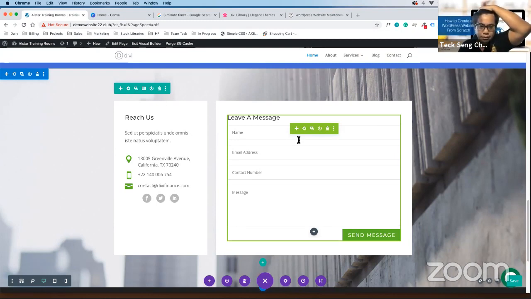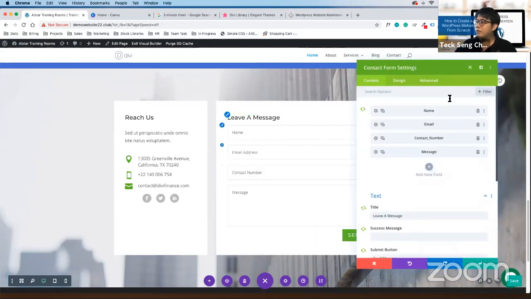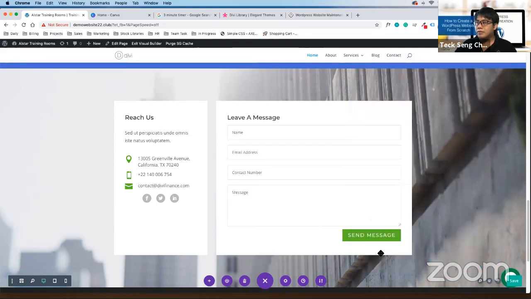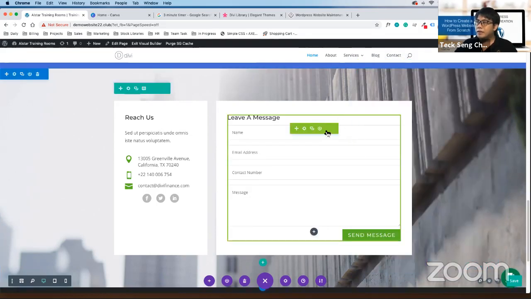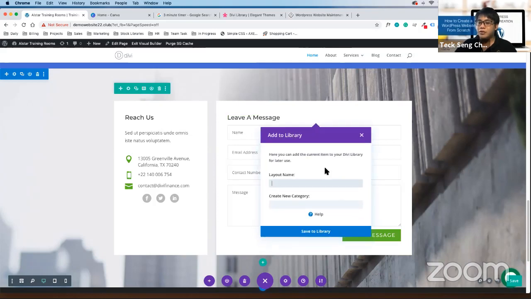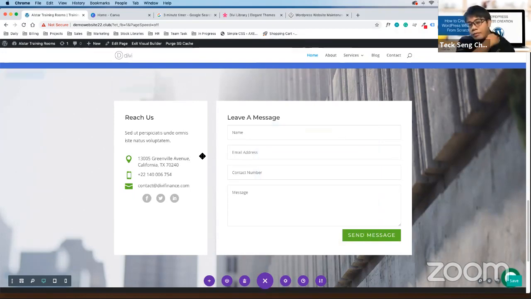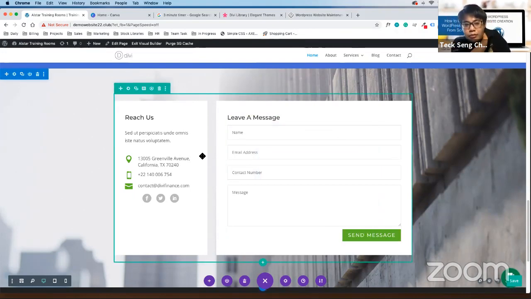Jian Xiong, okay? Cannot. Which part? It's still gray. Do you click on save as global item? You try to save again. Same thing: save to library, contact form, then save as global item. Try to do it again. So lime green is just another color to represent a global item.